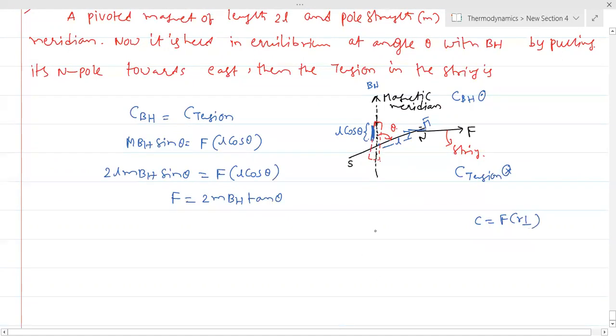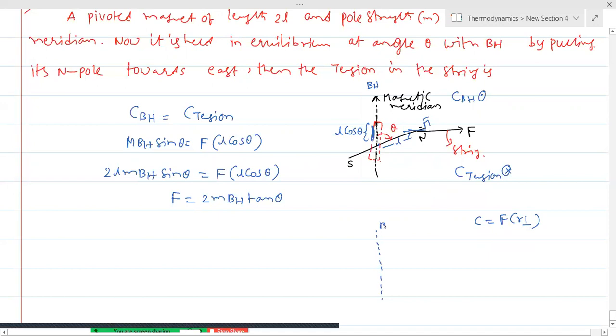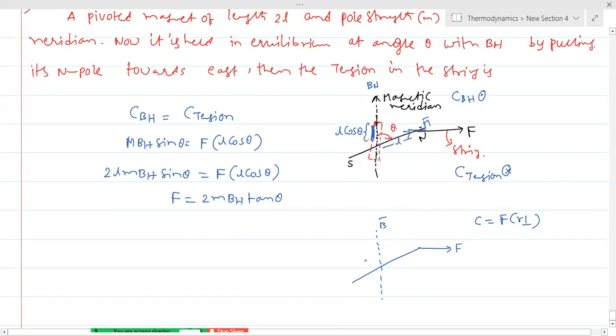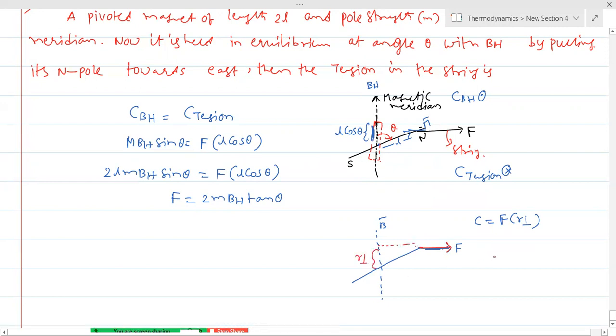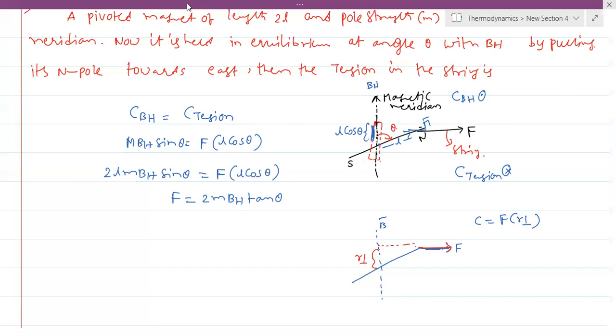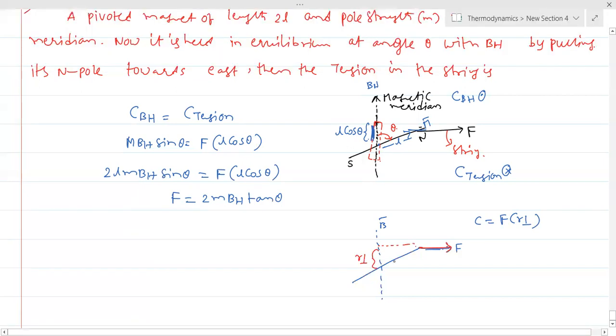So to make it easy, for example, this is the B bar, and we are taking this as the force here. Now we have to choose the component of distance perpendicular to this force. The force is on the right side. So what is the perpendicular distance? This is the perpendicular distance. So now the couple can be easily represented as force into perpendicular distance. Now this is L, this is theta. Since we count the angle from here, this is L cos theta. So we can easily remember it that way.